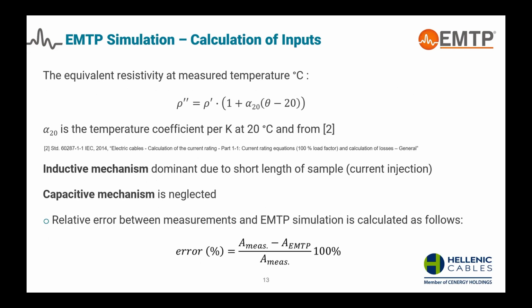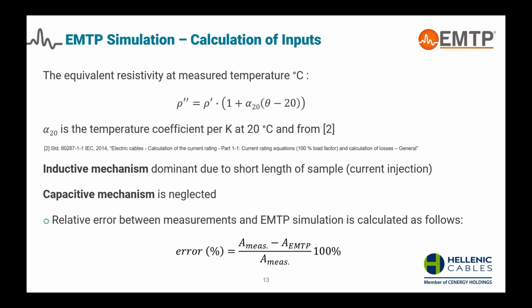After having this data, we have to make a correction at the measured temperature that we have measured from RTDs, as I showed you before. And this happens for each metallic layer in order to have an accurate resistivity that we will insert in our model. Of course, the equation is the well-known equation from IEC standard 6287 part 1, and